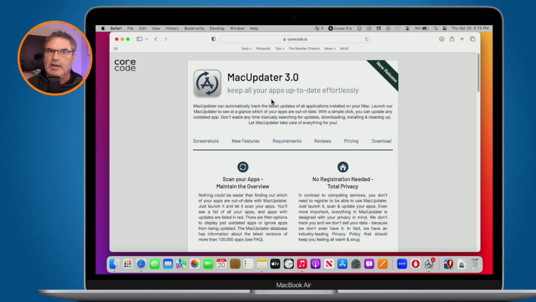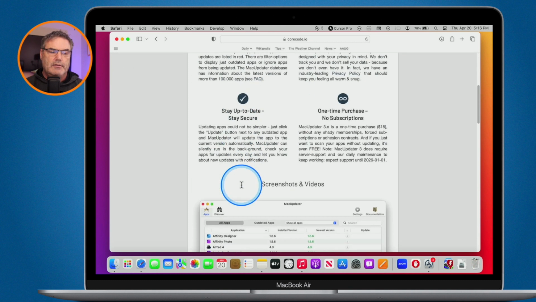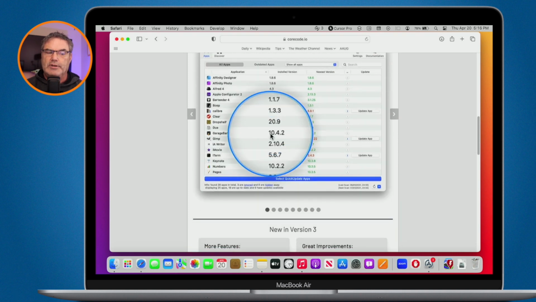They're still developing it. And basically with this app, what you are able to do is make sure that all of your apps are updated, including your Mac App Store apps. Now, it can't update apps from the Mac App Store, but it can tell you if they're outdated, and then you can go and update them. But if you have apps outside of the App Store, and we all have those, this will make sure that you're keeping them updated. The way that it works is it just scans your apps and tells you what the versions are.